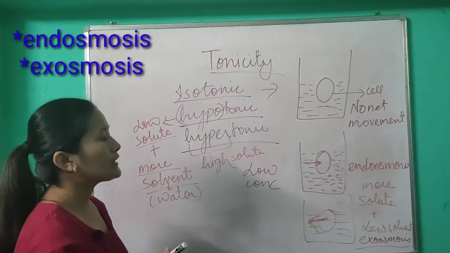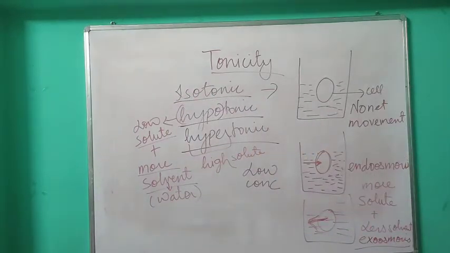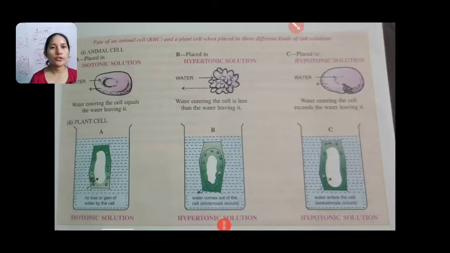Okay, now let's understand the same concept with the help of a proper diagram here. So let us understand the tonicity in proper detail with the help of the diagram. Okay, so what you can see is we have taken solutions of 3 different concentrations and placed them in beakers A, B and C. Then in those solutions you have taken an animal cell and placed it in the different solutions A, B and C. Now your A is an isotonic solution.